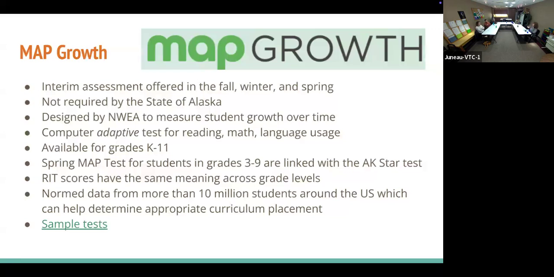So it's normed, and you don't see that in the RIT score. You usually see that in the percentile ranking they give you. So if your 5th grader's RIT score was, let's say, a 225 in math, and they scored in the 80th percentile, that means they're scoring pretty high. If there was a running race and there were 100 students, there would be 80 students behind them, so they're in the top 20.